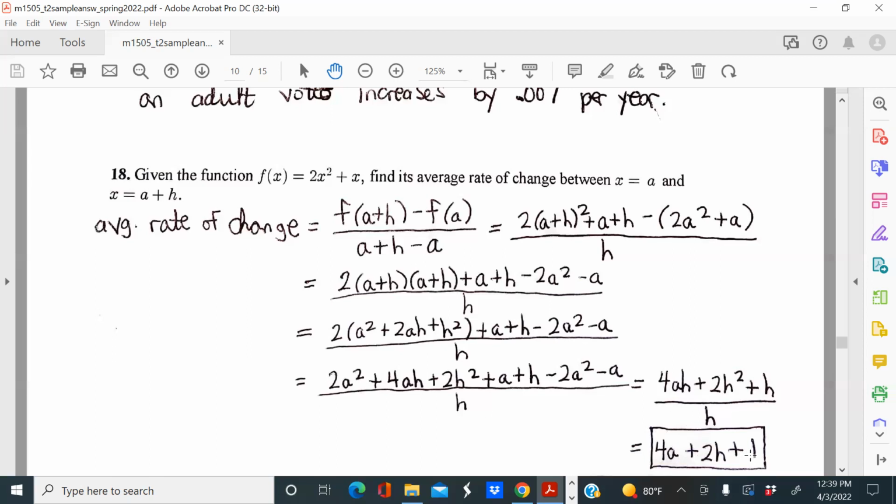Okay, so other problems here from the practice test. This is all I'm going to review on this tape. But other problems from the practice test we will look at in class on Monday, April